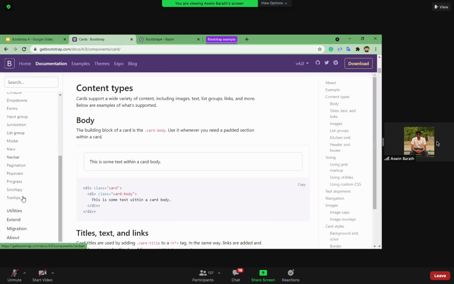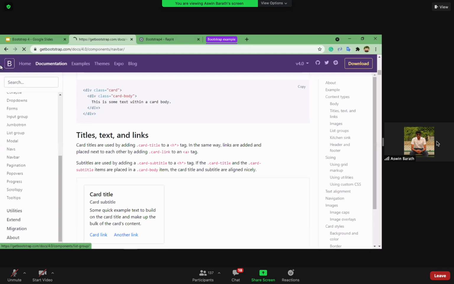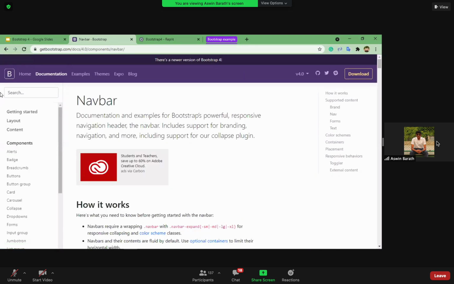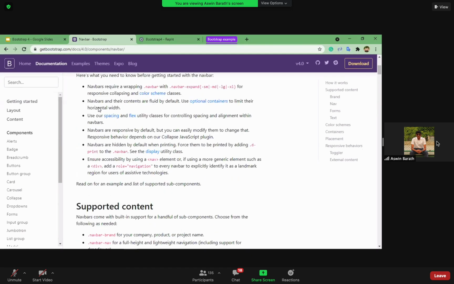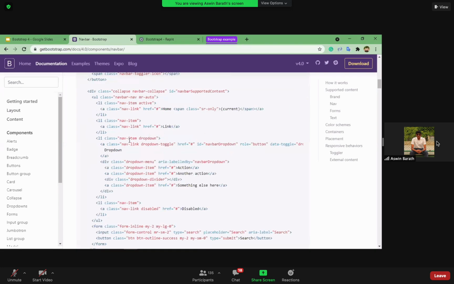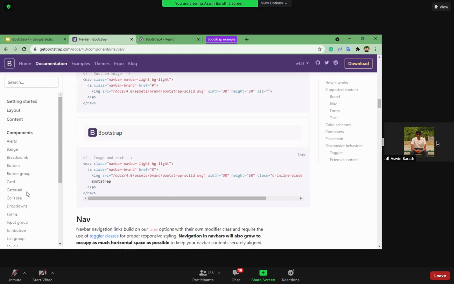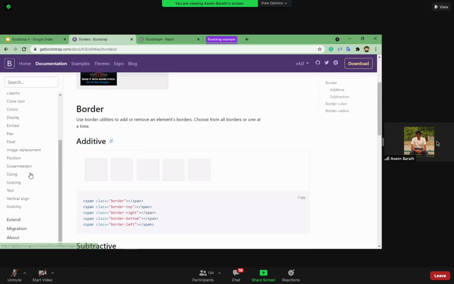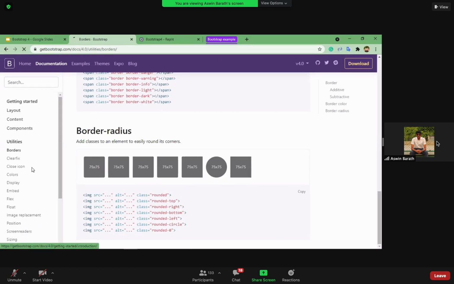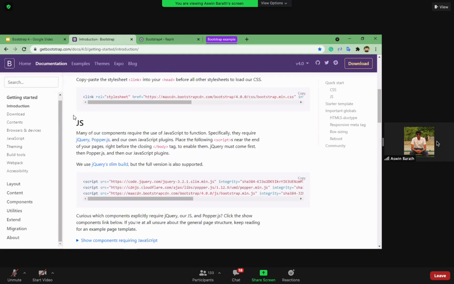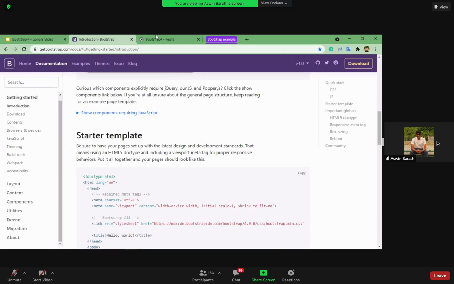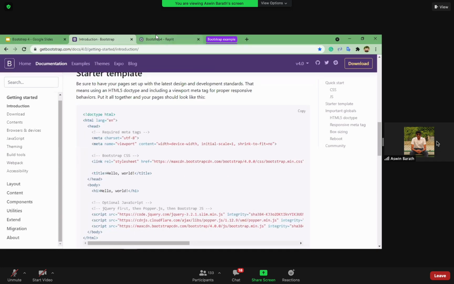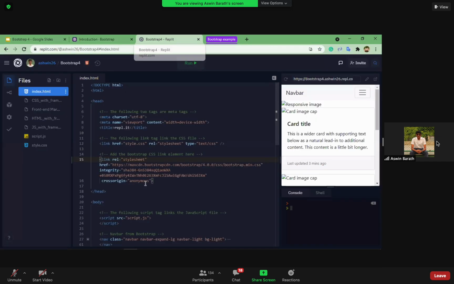There's also the navigation bar, as you can see on the Bootstrap website itself, so we can build a similar navbar for our website. We also have utilities, like what type of border to add. So we can use Bootstrap to reduce our time and focus only on the visual part of the website.